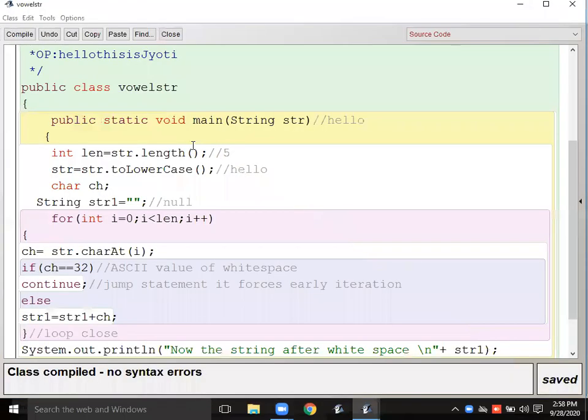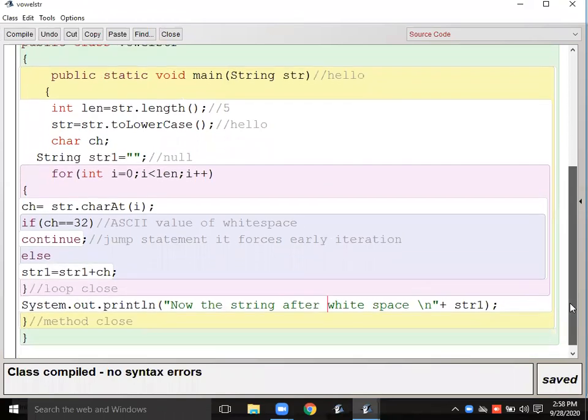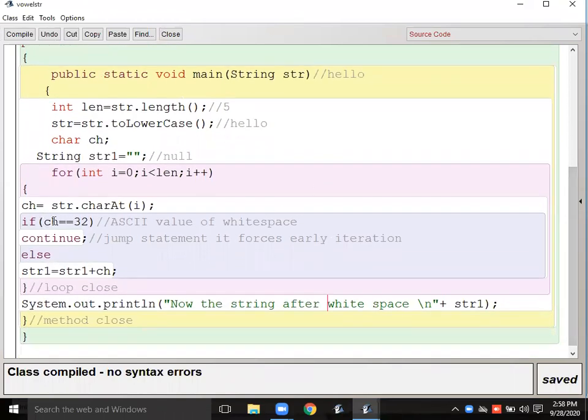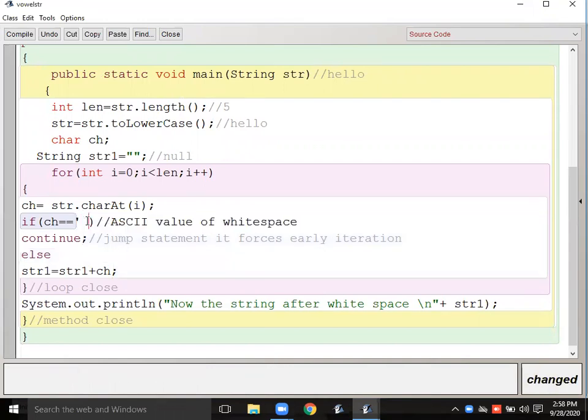Okay, now just the opposite of it. What is the opposite of it? If I write it first: if ch equal 32. Now in place of the 32 here we can use the space, like that. Only single quote, space, enclosed in single quote. One space enclosed in the single quote.